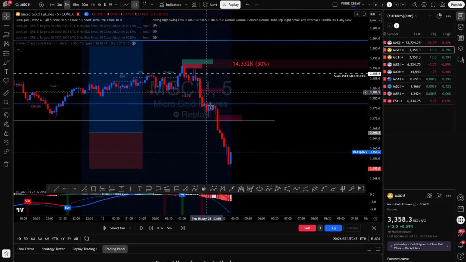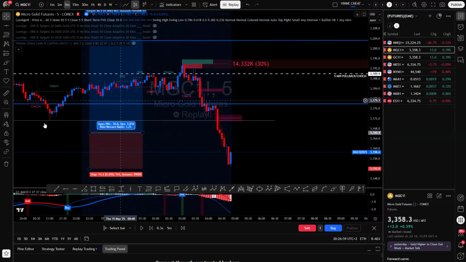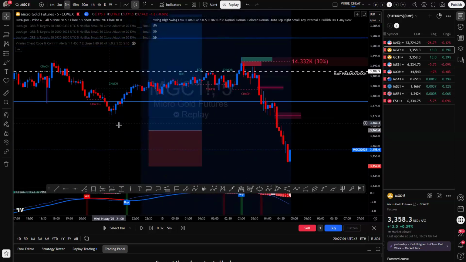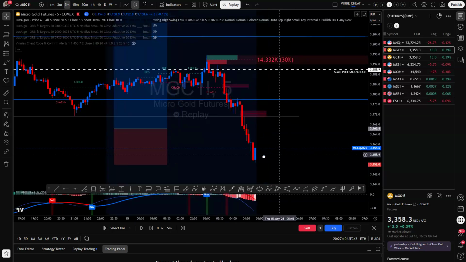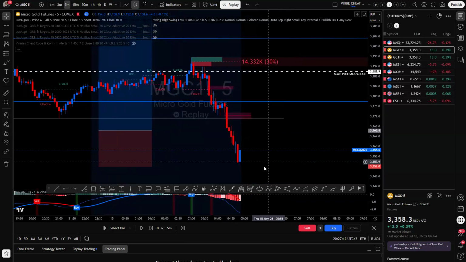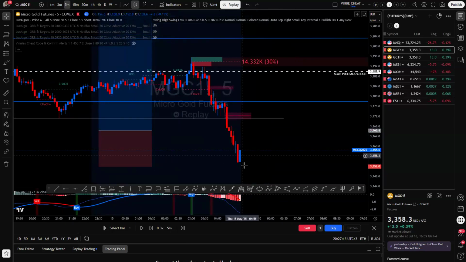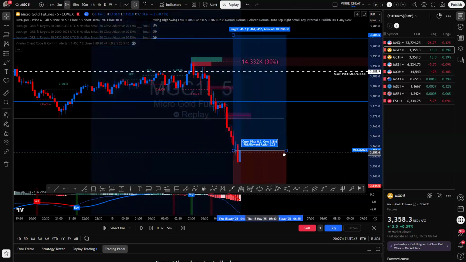Now, we could have taken a sell here before, because sometimes when we're looking for price to wipe out an area, they don't necessarily do it right away. You may get some bullish opportunities, you may get consolidation, you may get another sell opportunity before you get a major reversal. So it just depends on the situation. So we would have got another good sell opportunity here and a couple down here. So now,